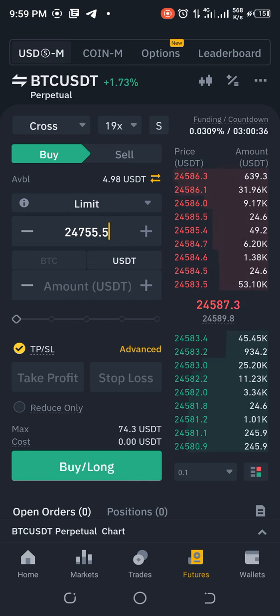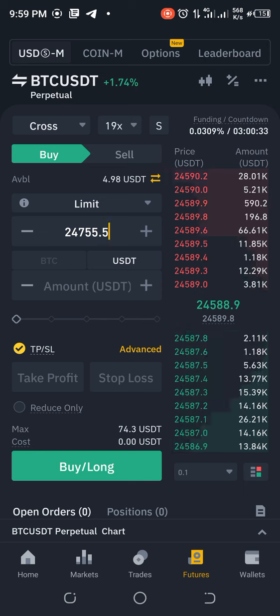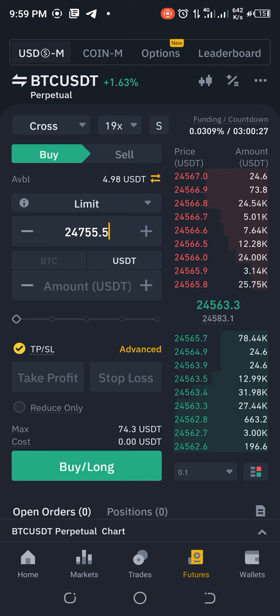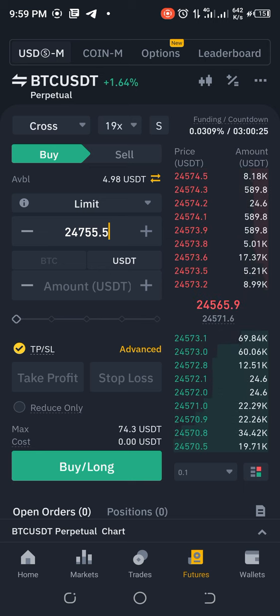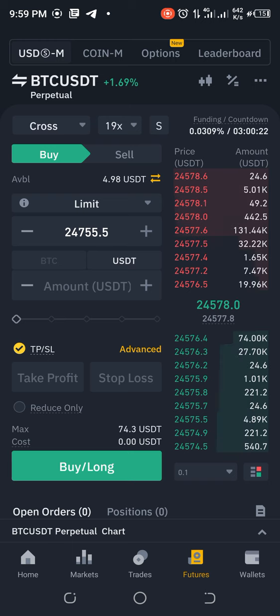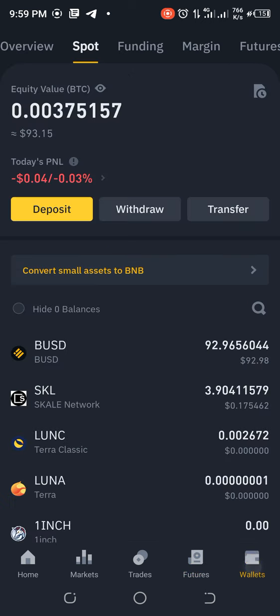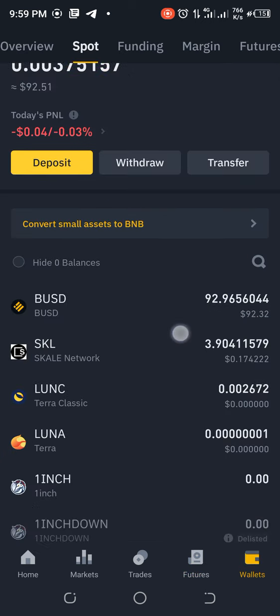are on loss. Let's say I'm trading with $5 now. This $4.98 that I funded. Let's say I enter a trade with it, and then maybe I'm now on loss. I've incurred $4.98 loss. So Binance will go to my spot wallet here where I have 92 USD. So if it is USDT I have, it will now begin to take from that money to back up my trade, so that it will not cut my trade, or so that it will not terminate my ongoing trade